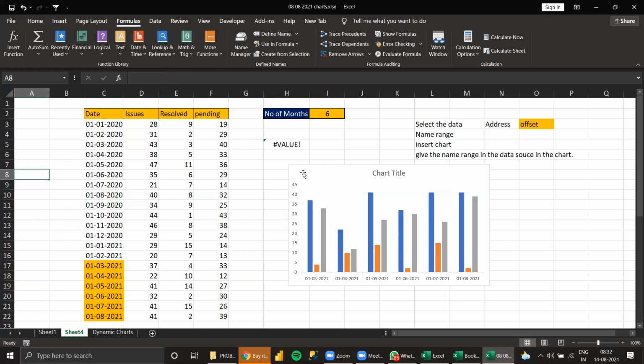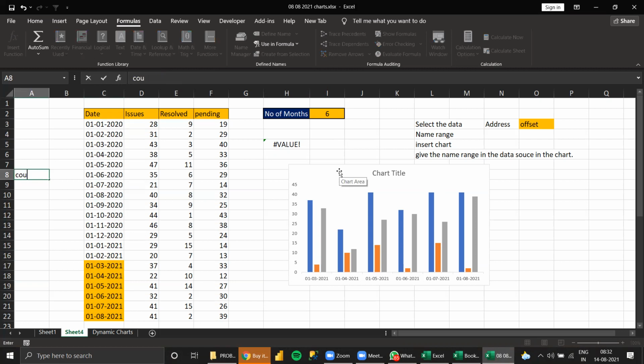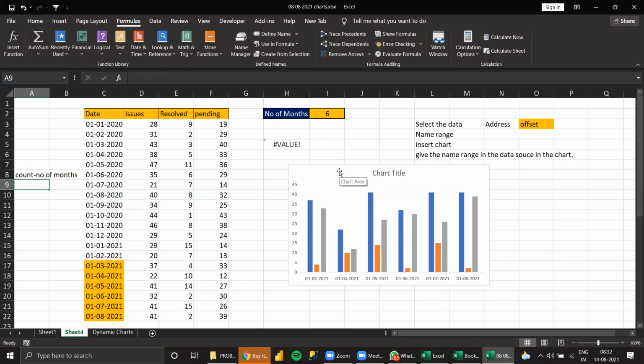That's all. So count minus number of months. Count minus number of months, so we can get the start point.